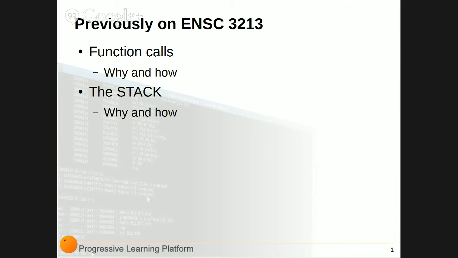Pull out as much as you put in. Pull out as many as you put in. What happens if you don't? What if you put in more than you put out? Stack overflow. What if you pull out more than you put in? Stack underflow, where it just rolls over and starts clobbering stuff on the other end. Any questions on functions and stacks?